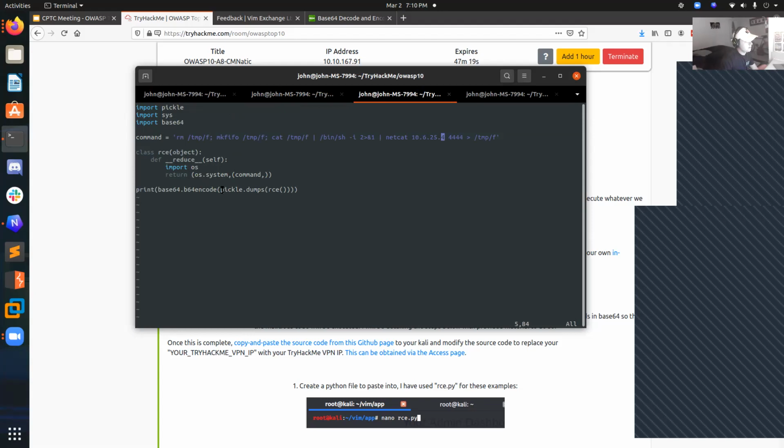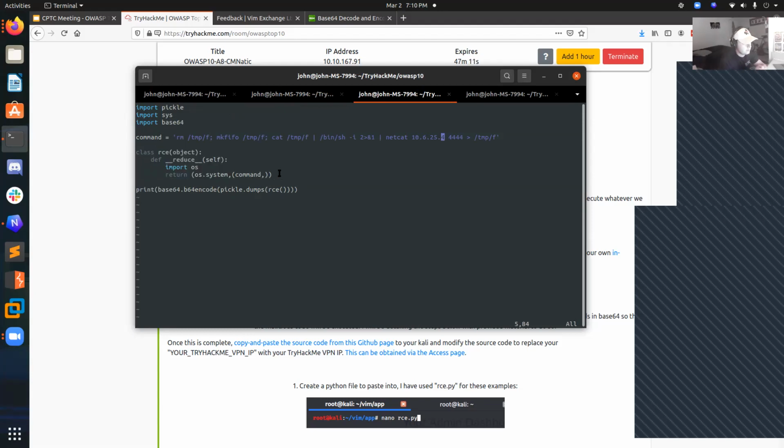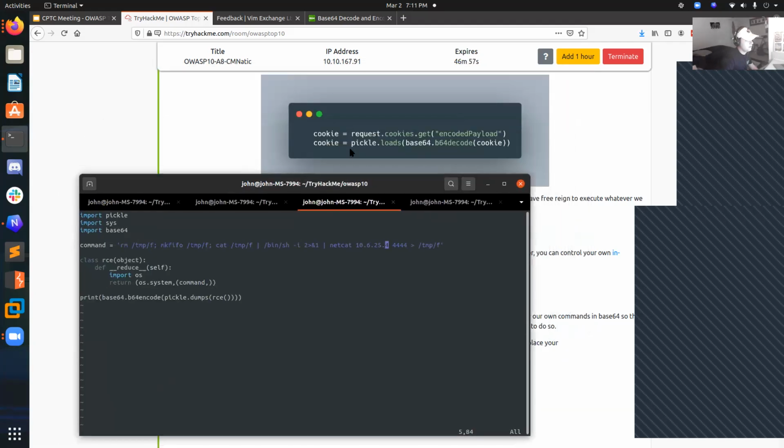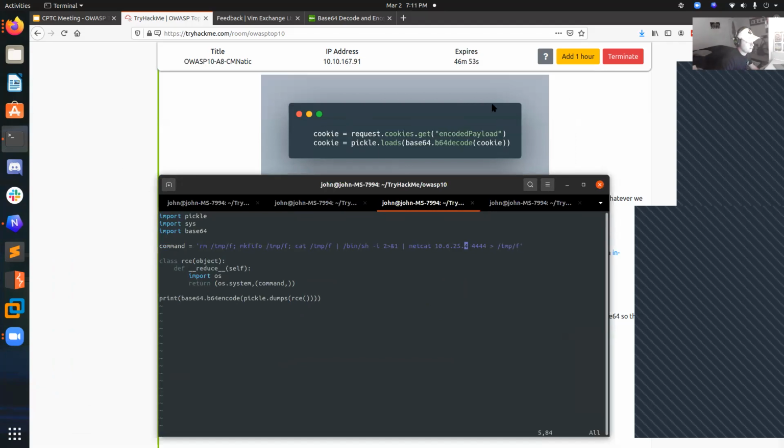And then they're creating a pickle dump, basically converting this entire RCE object into a pickle data type. Then they're base64 encoding it here, and it's going to print it to the screen, so we can copy it and replace it as our cookie. So it's basically doing exactly the opposite of this code here in this picture,